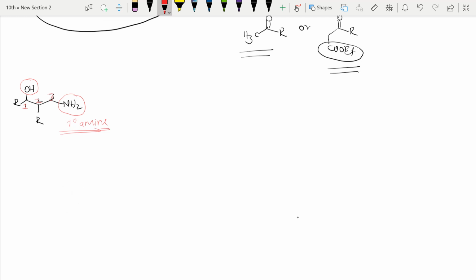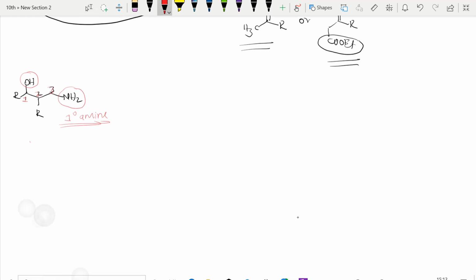See, this is a primary amine. You should know that. Ammonia-derived RNH2 is also a primary amine. Whereas these things, R, N, R, and only one H, this is secondary, and this one is tertiary. These things you should know. Secondary amine and this is tertiary amine.